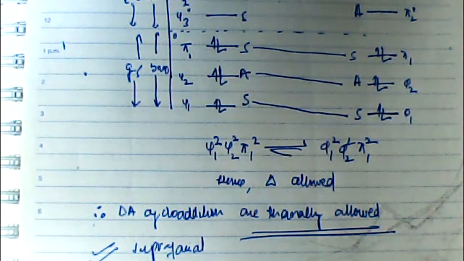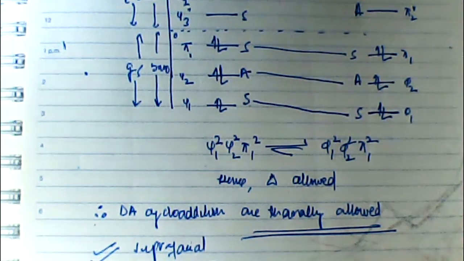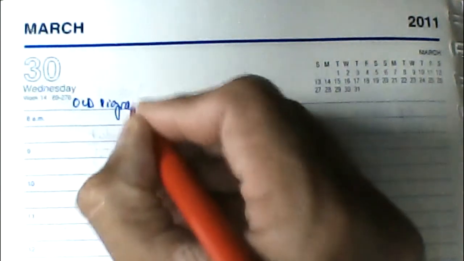If a reaction is following the antarafacial mode, I will specially use that word in the cycloaddition reaction, right? So this is one way of checking it. The second way is to check whether this reaction, which was thermally allowed, is photochemically allowed or not. Again, I need to draw the OCD diagram, but now under photochemical conditions.